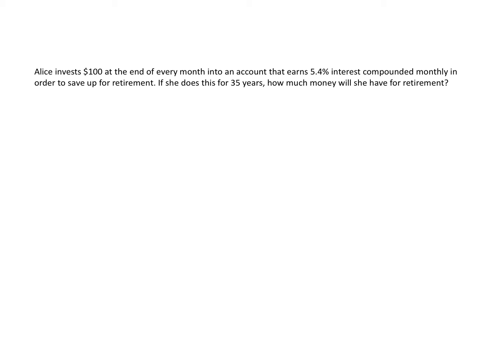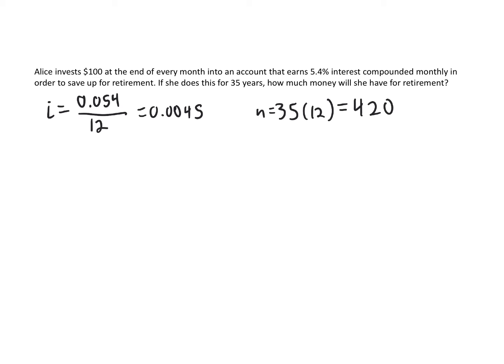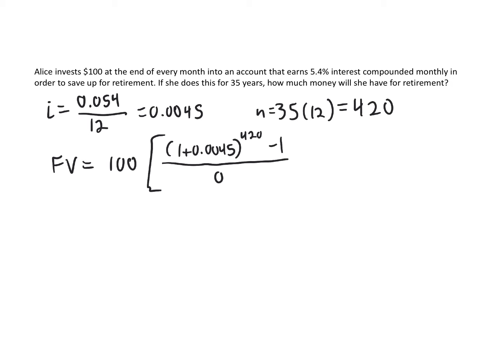So first thing I always do is I will calculate my I. We divide by 12 because it's monthly. Calculate N, we have 35 years times 12, so 420 months. And then we plug this into our future value formula. We have payments times